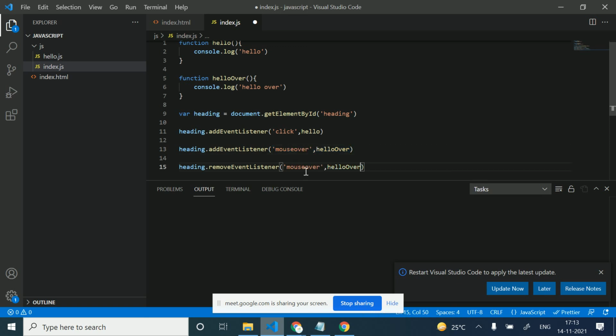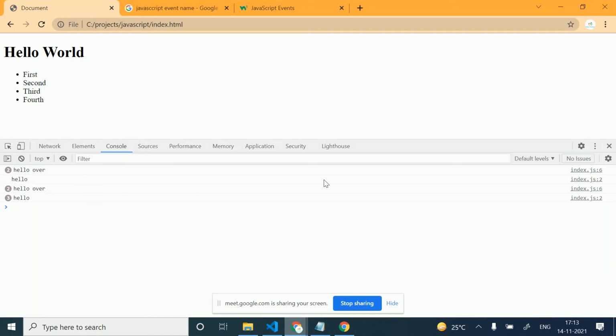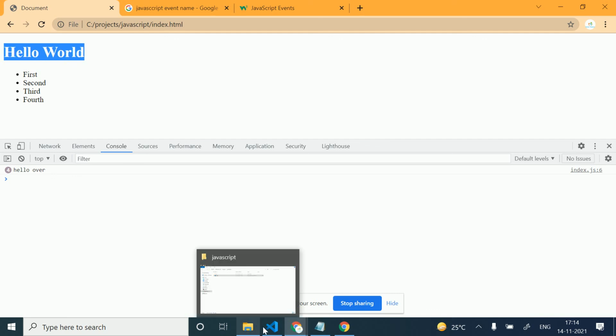I'm just going to remove the click. Now mouseover is working. When I'm clicking on this element, the click event is not working, because I have removed this click event.